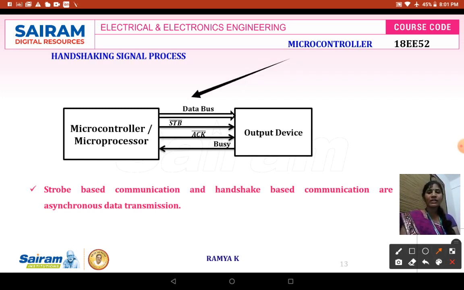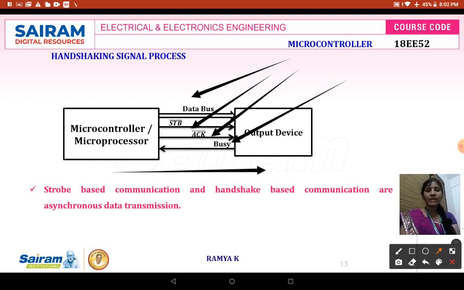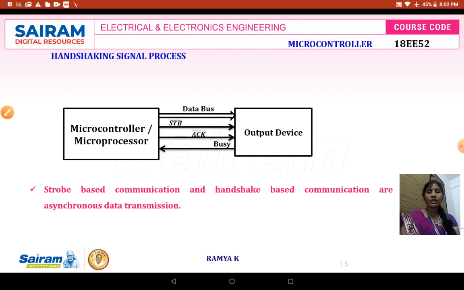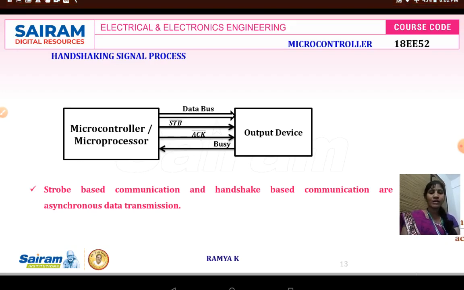Data is just transferred from your transmitting end to your receiving end, with valid control signals like strobe, acknowledge, busy, depending upon which interrupts have to be requested. So these two are asynchronous modes of communication, and as they transfer one byte at a time, they are called character byte oriented data transmission systems.